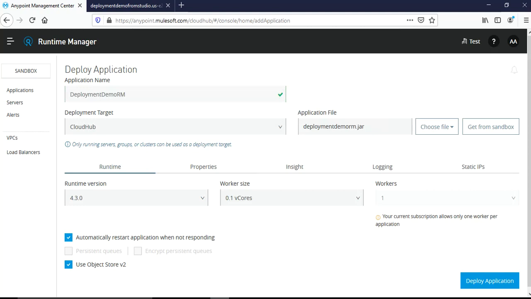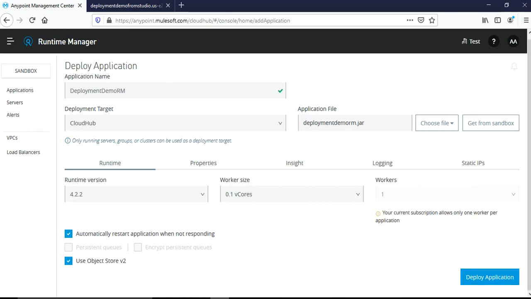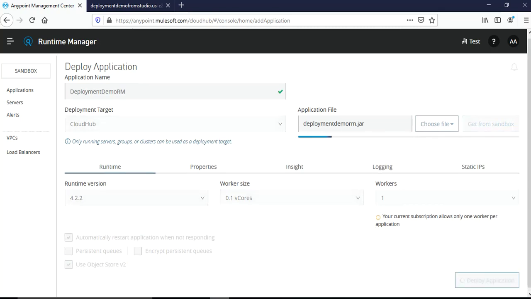And other than that, we will have to choose the runtime version 4.2.2. I will choose it because my project has been created in 4.2.2, and worker size we will not change, and number of workers we cannot change with our current subscription. And I will choose this option, deploy application.